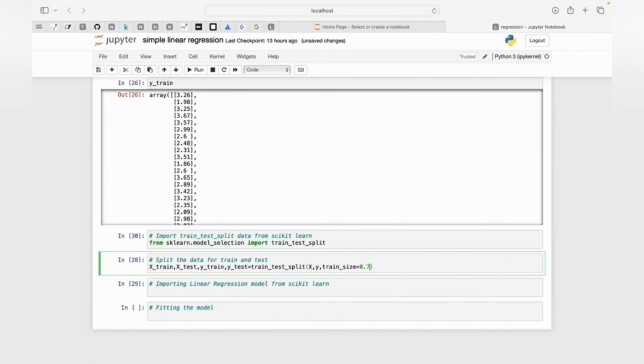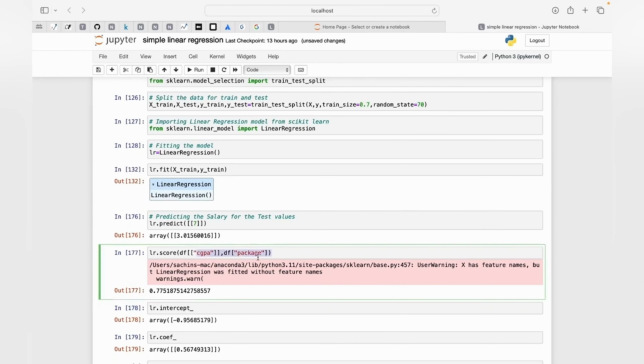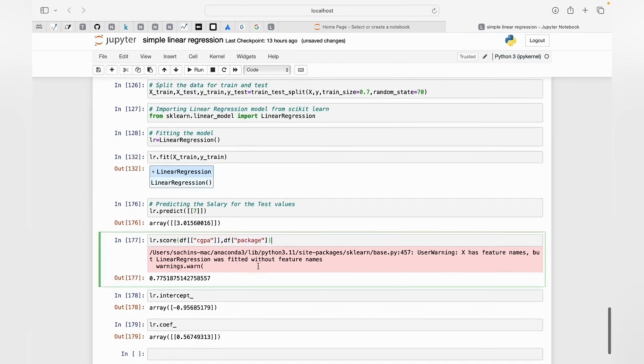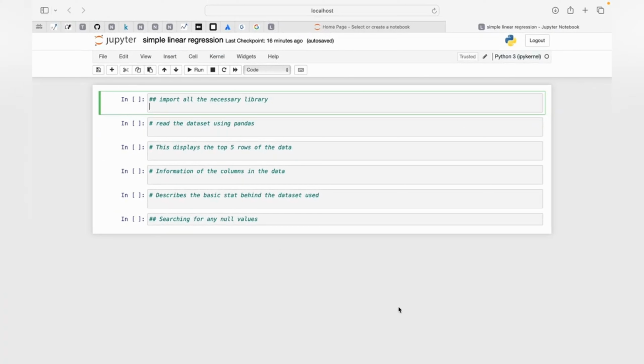70% of the data on the training side and the remaining 30% on the testing side, and the other one is random state. Then we fit the data in the linear regression model, so it means that the training data is assigned to the linear regression model. Then we move forward for getting the score of the linear regression model to show how efficient it is, and then we can conclude the intercept about the linear regression model, in which we predict the value of the dependent variable on the